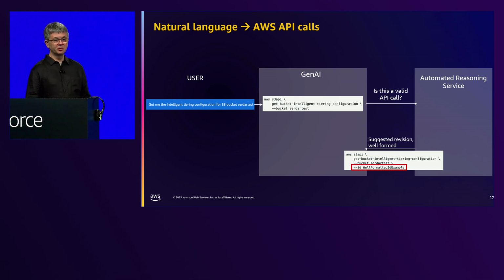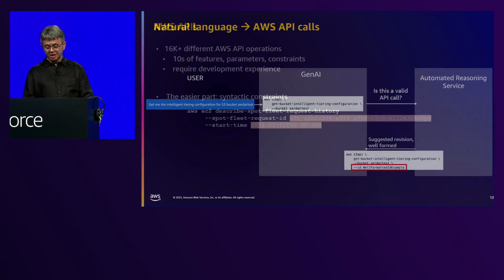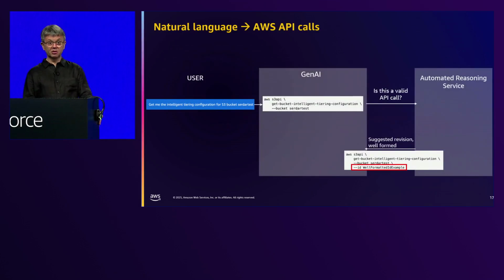So if you look at this one example, this is for illustration purposes only. I've picked a particularly simple one. You're asking, what is the intelligent tiering configuration for my S3 bucket called Sardar test? To do this, the GenAI tool first produces an API command that will answer this question. And for illustration purposes, not because that's what's going on in the tool, I'm showing it with a CLI call. It's calling the S3 API, the get bucket intelligent tiering configuration command. So before we run it, to avoid latency, to avoid potential security consequences, to avoid cost, our automated reasoning service, specially purpose-built by my team and the Q team in collaboration,